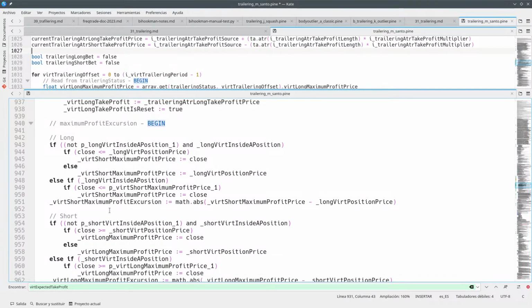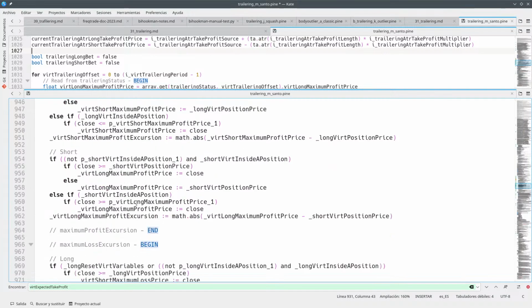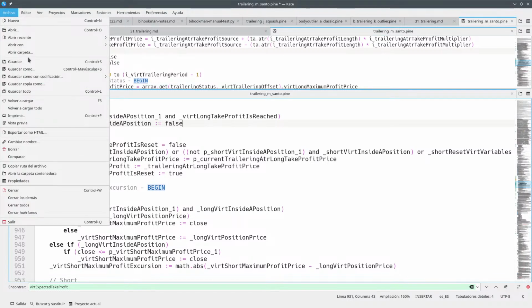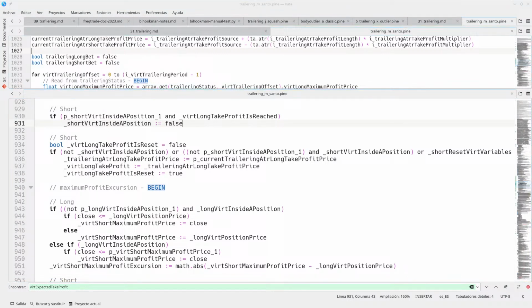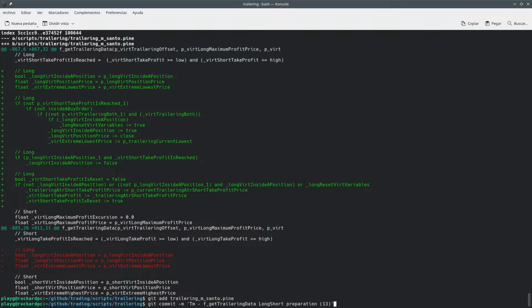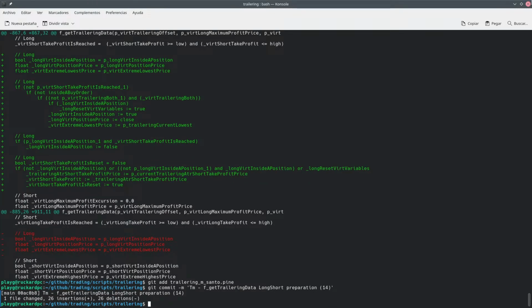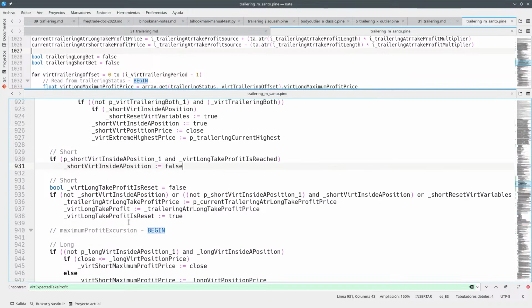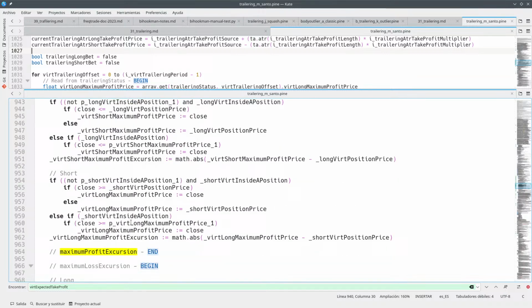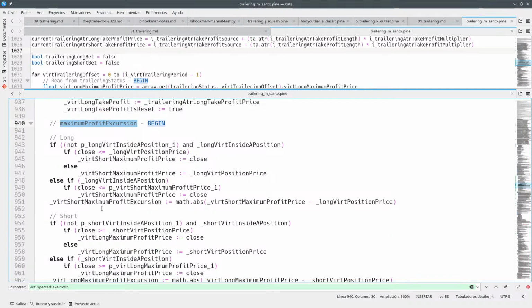And then we have here the maximum profit excursion thing, which has these two things. So far, what I'm going to do is just save what we have done right now. So that's 14, change. I want to keep this maximum profit excursion stuff and so on, but this is messing with long and